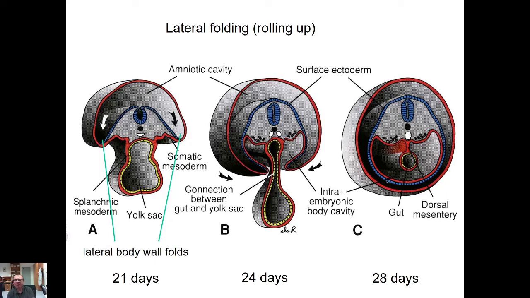We will speak about it more when we will speak about the formation of digestive tube and other structures. So now let's stay at this point that there is lateral and craniocaudal folding,